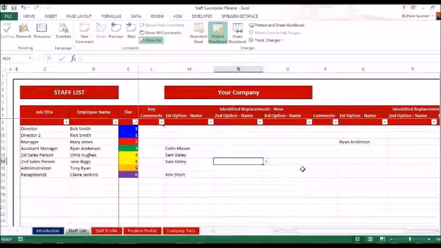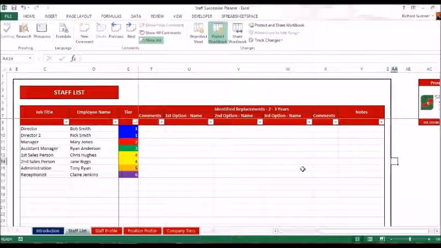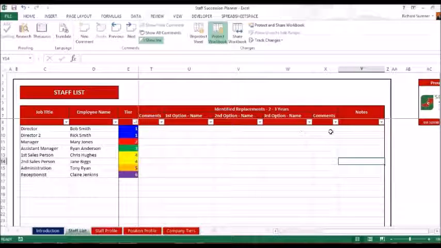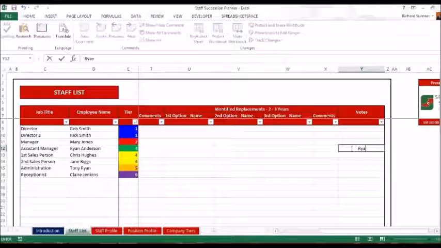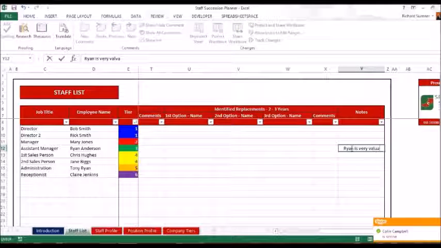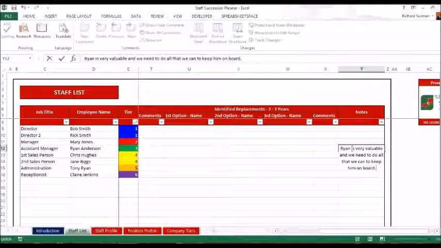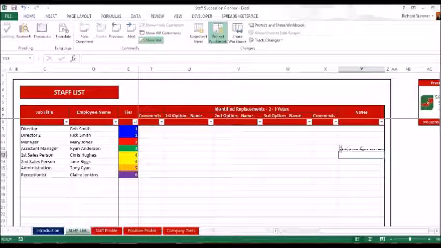Once you fill that in, the last thing to do is right over on the side are these notes. Now these notes will appear on these other sheets, but when you enter them, let's just say for argument's sake for Ryan Anderson, let's just say here overall notes we want to say Ryan is very valuable and we need to do all that we can to keep him on board. Now what happens when you click enter, it goes very small so you can't actually read it. That doesn't matter, you don't necessarily need to read it here because the reason why we've got that there